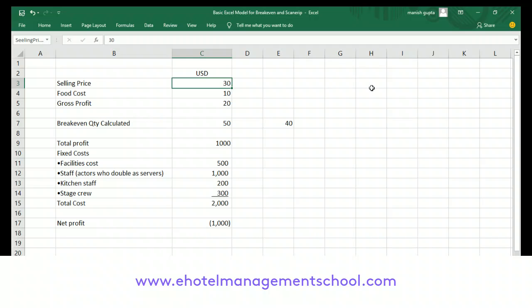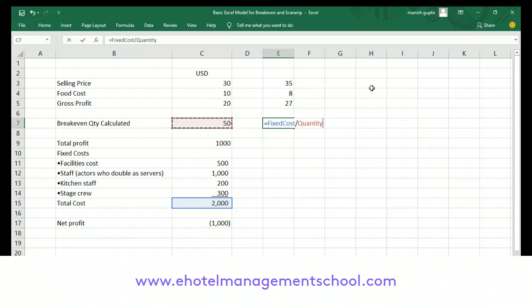Now let's say we are able to control only 20% food cost. We are able to increase the price to 35, let's say. If we are able to sell only 50 units and we are sure we can sell it, and we are able to do some menu engineering or some other cost control, and we are able to reduce the food cost by $2, so that our contribution margin will increase to 27. In that case, our contribution margin will increase to